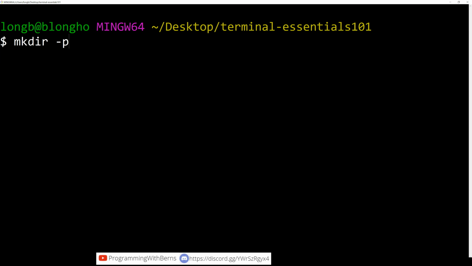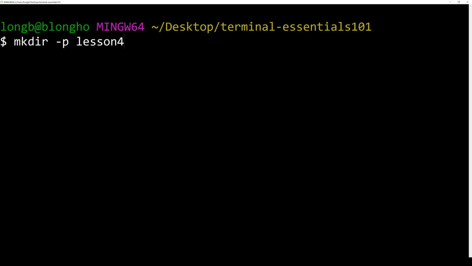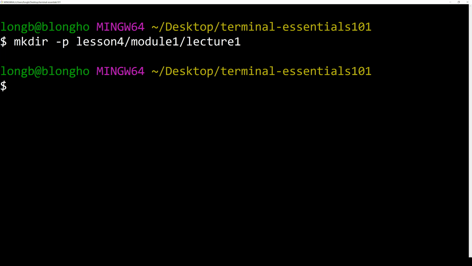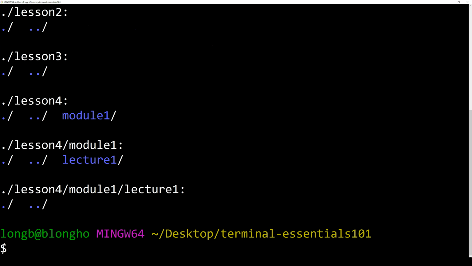Now we need to pass an option, the -p option: make directory -p lesson 4 with a subdirectory called module 1. We can actually create another subdirectory called lecture 1. If you run ls -a, you see what we have here. This is awesome.